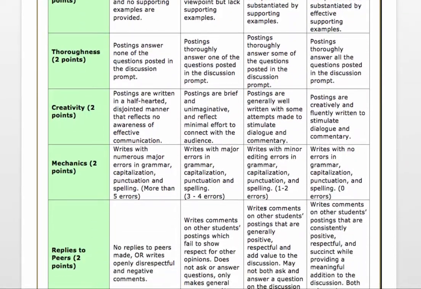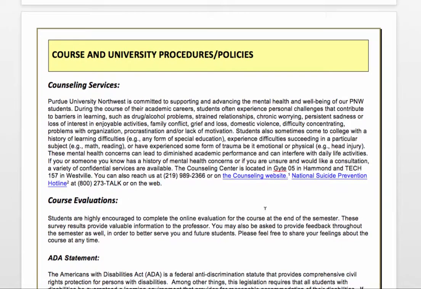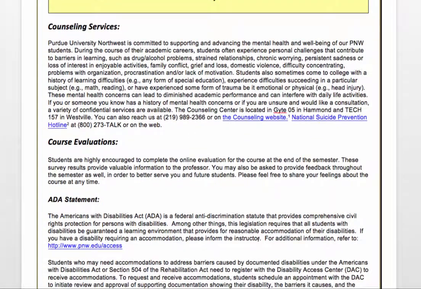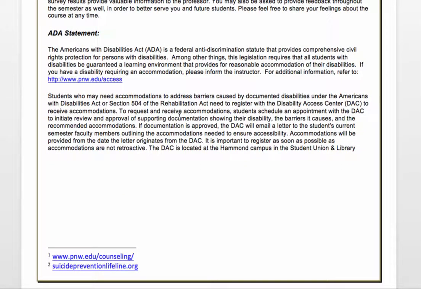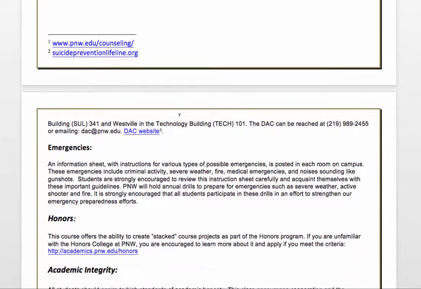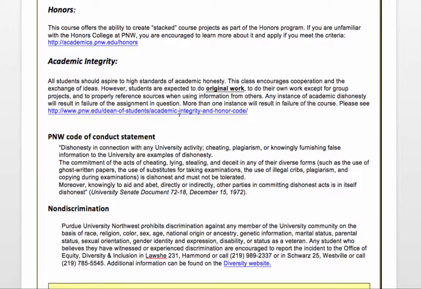So the syllabus lays everything out for you pretty clearly. Of course, if you have any questions about other things that are available on campus, like counseling, if you have a special need, things like that, do be sure to check out the information here and contact me if you have any questions at all.